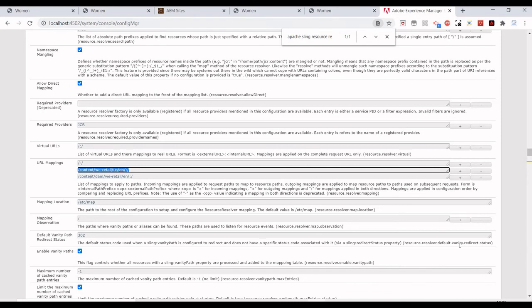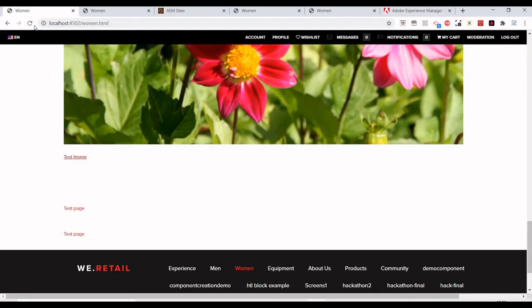That's all we have to do, and then save it. We have to wait at least 15 to 20 minutes, because all the bundles will be activated after this configuration change. So if you face an issue like a 404 page coming up, or AEM not being accessible, don't worry, just have patience and wait for some time. It will be up very soon, unless we have some other issue. Once this is done, as I have already done it and my AEM is already running on this configuration now, if I try to access this, I will be able to access it.